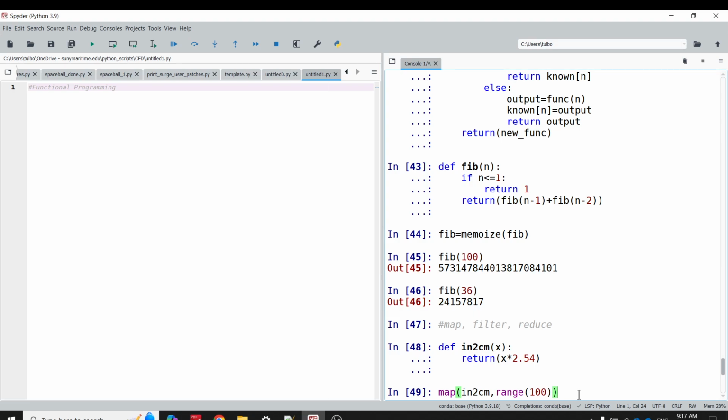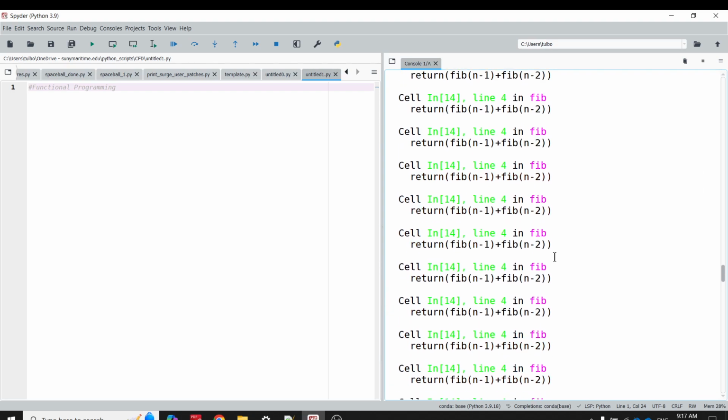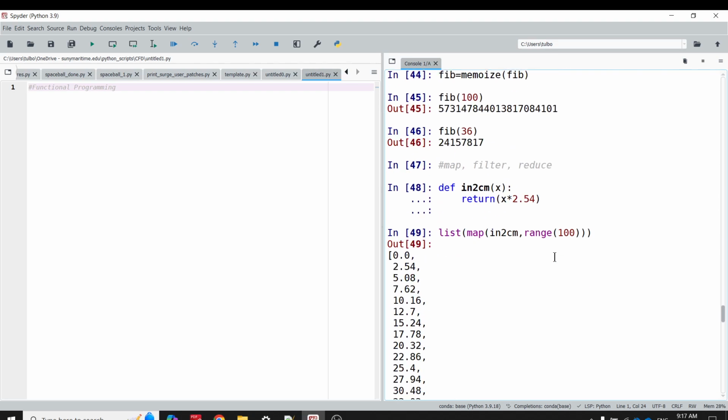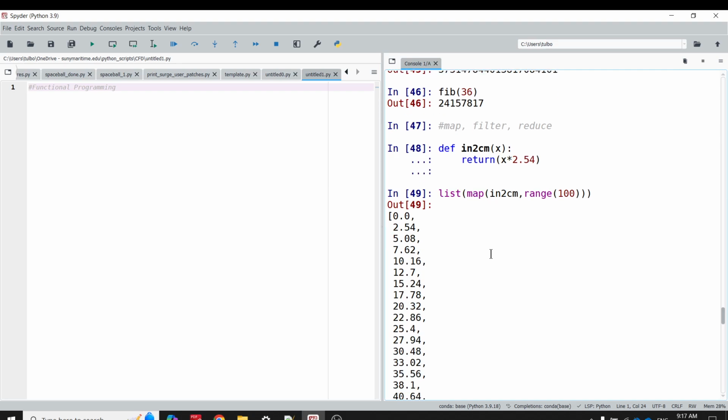So right now, if you do this, this is again an iterable. So to actually execute it, you have to do something like list, convert it to a list. So it gives you all the centimeter conversions of these numbers. Okay. So that's what map does, and this is automatically easy to implement as parallel because you can have, let's